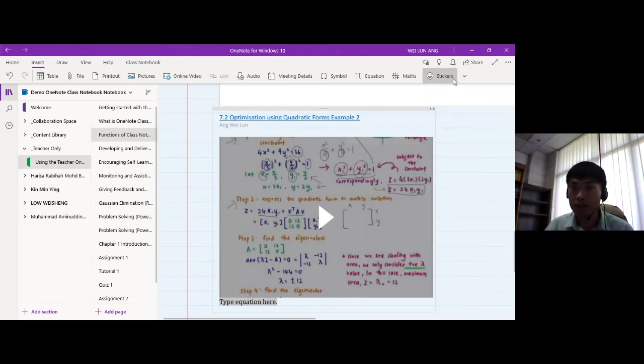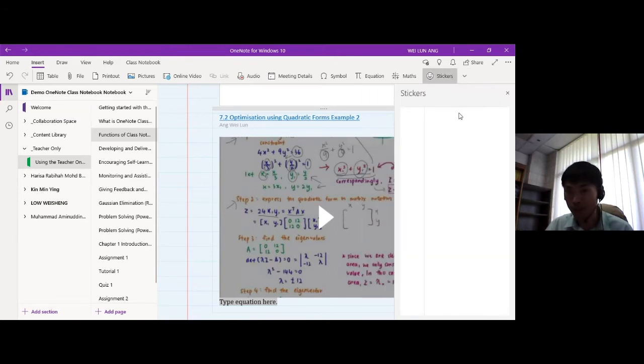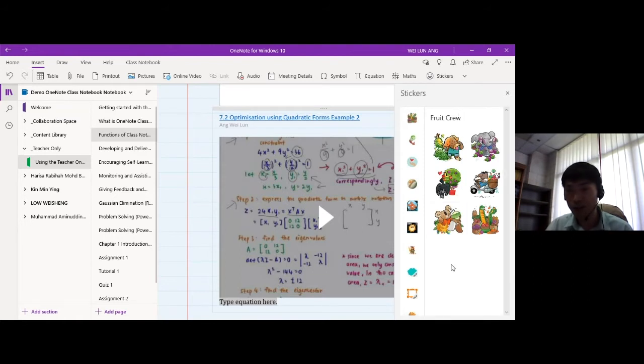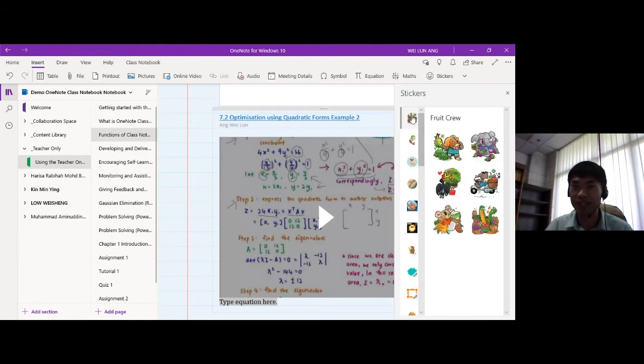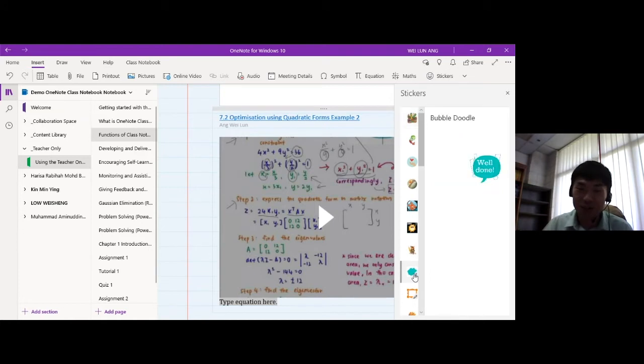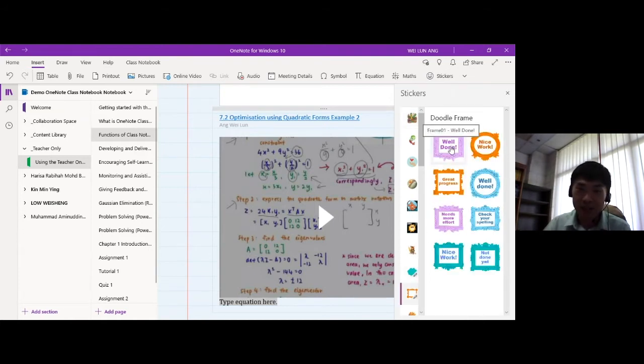And then I think stickers probably are more appropriate for primary and secondary schools, where the teachers can, I don't know, it depends on how you use it. You want to say well done for their solving the assignments, or for getting the project done. So this is more for the kids probably. I'm sure tertiary students like to be told well done as well, right? So, yeah, sure. Maybe we can edit the words well done, or maybe you have a full score for it. So it depends on how you use it.